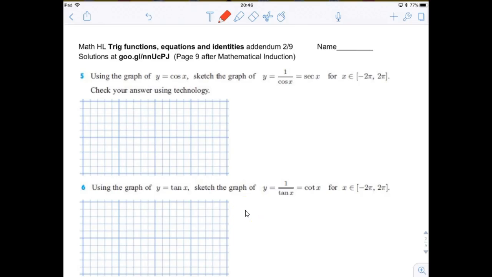Here we are on page 2 of Trig Functions, Equation Identities, Addendum. First we're going to look now at a graph of some of the reciprocal trig functions. So first we'll take the case of cosine and its reciprocal, which is secant. Secant is 1 over cosine, and we just learned how to graph some